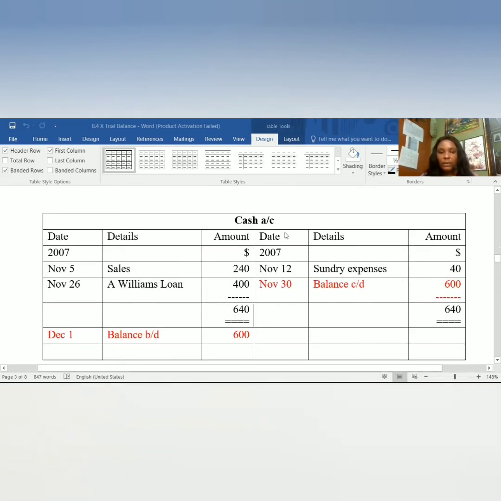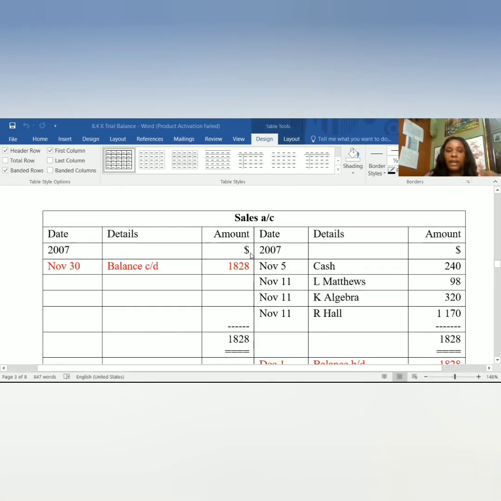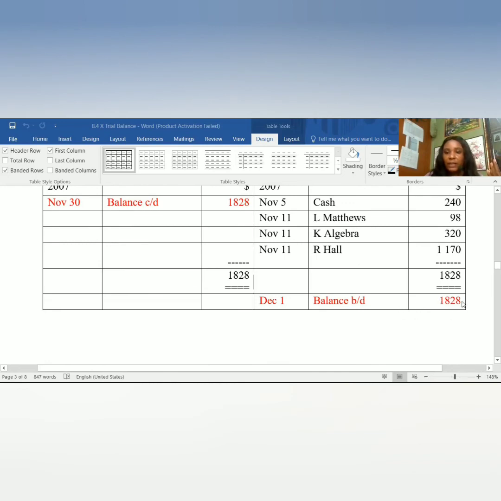The cash account, you see there's a balance brought down and it's on the debit side. So you go back to your trial balance and you put your cash under details and the $600 under the debit column. You go to your sales account now, you find that you have a balance brought down of $1,828